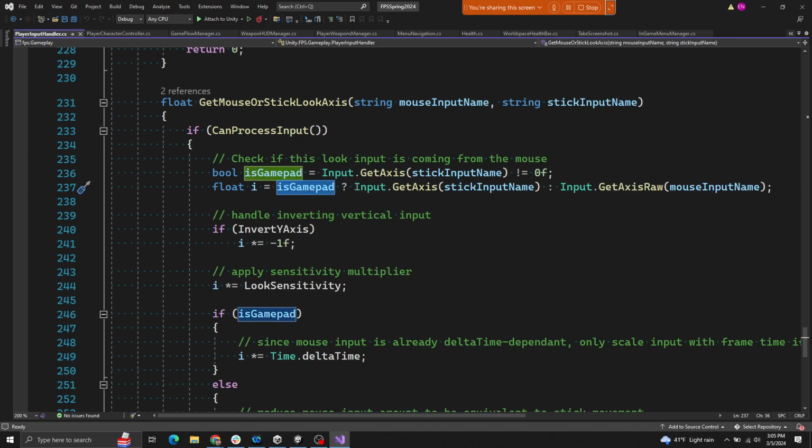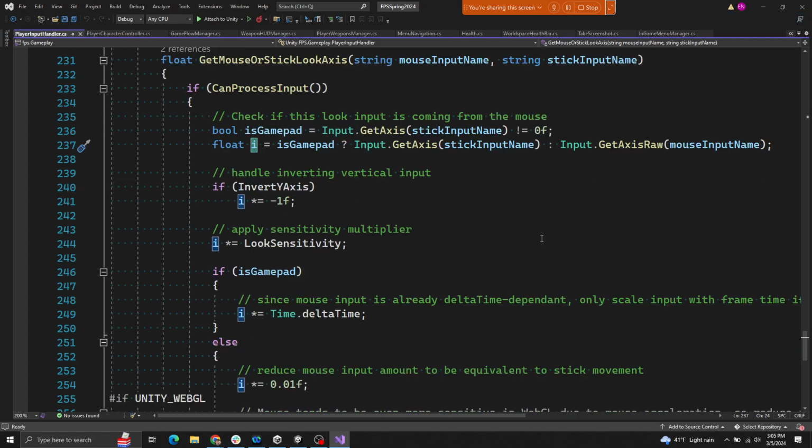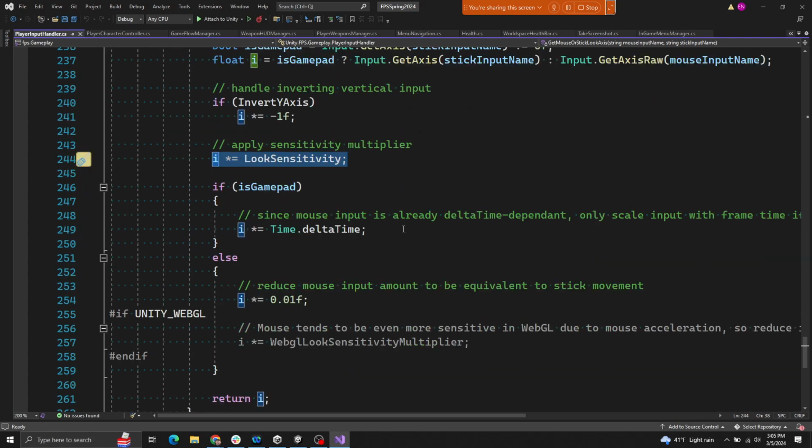If this is true, we pass that. If it's false, we pass this. And they get put into here. All right. It is the inversion. If we're inverting the y-axis and applying a look sensitivity, sure, invert it or just multiply by sensitivity. If it's the gamepad,